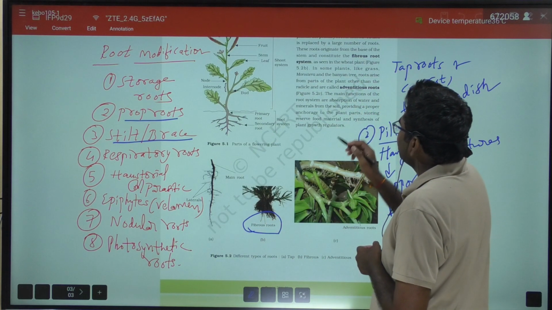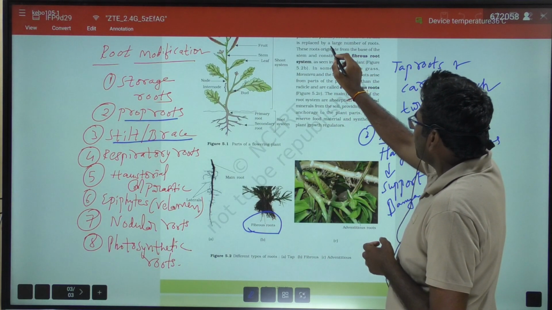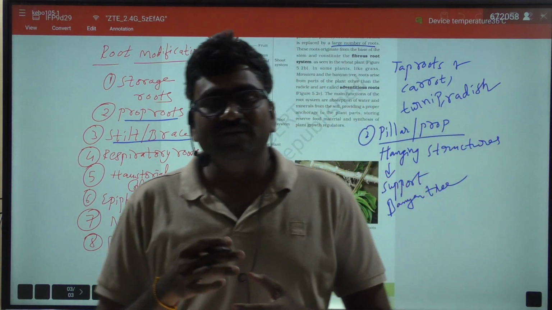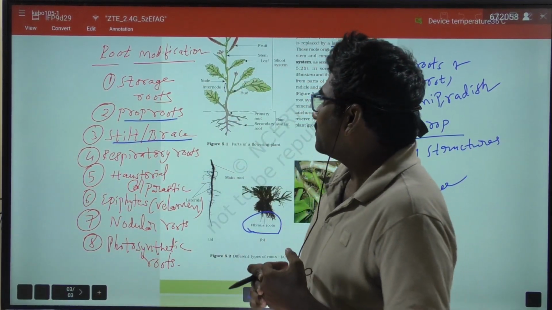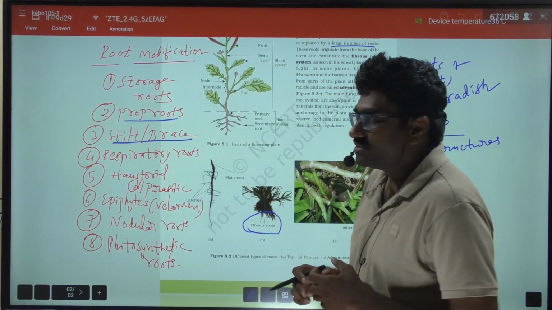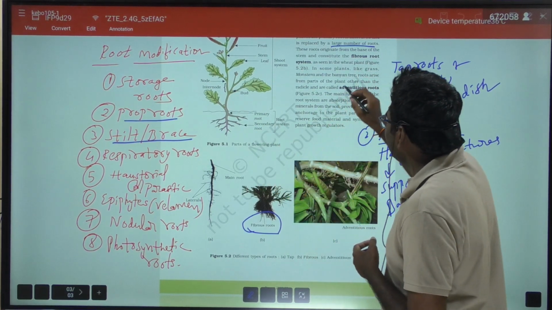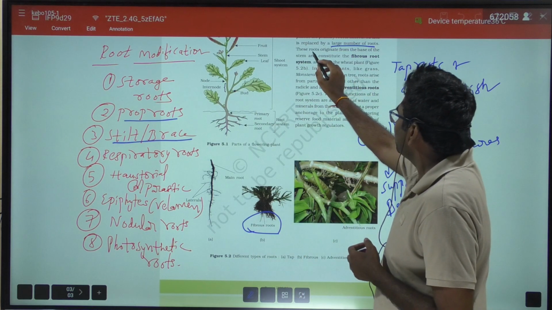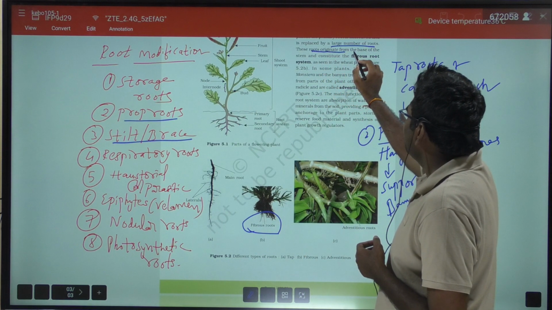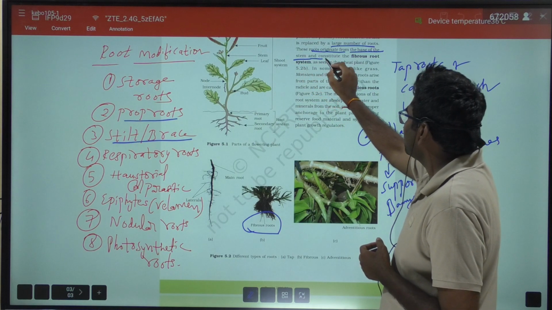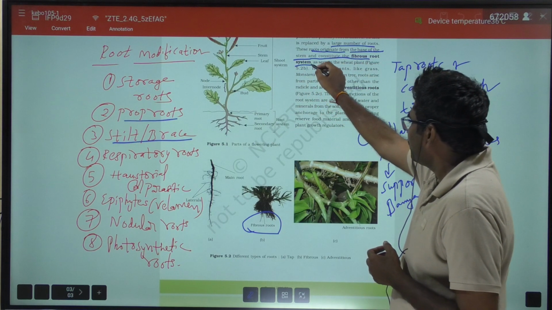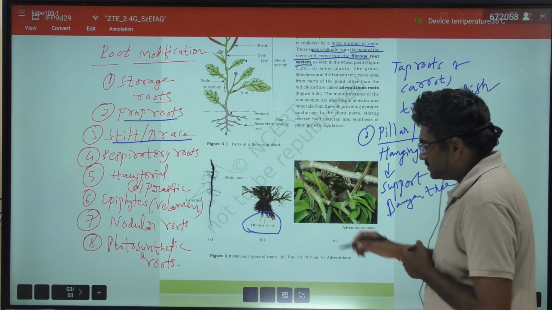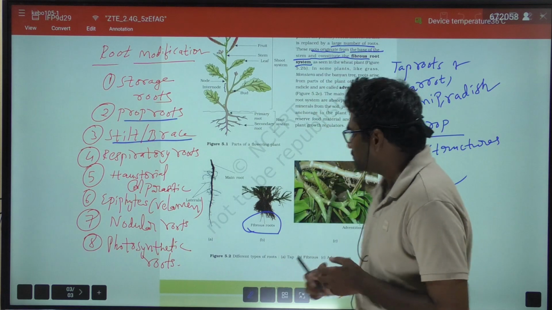Here the primary roots are short lived and are replaced by a large number of fibrous roots, and especially these roots originate from the base of the stem and constitute the fibrous root system. So here if you look at the diagram of this stilt root or brace root,